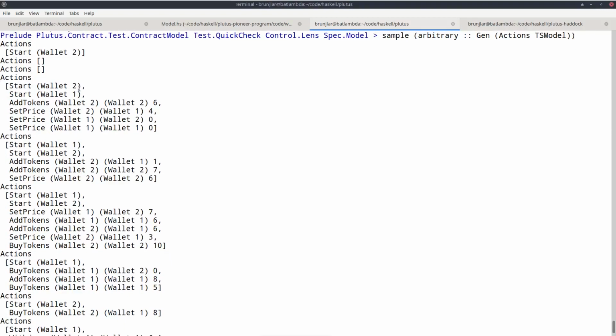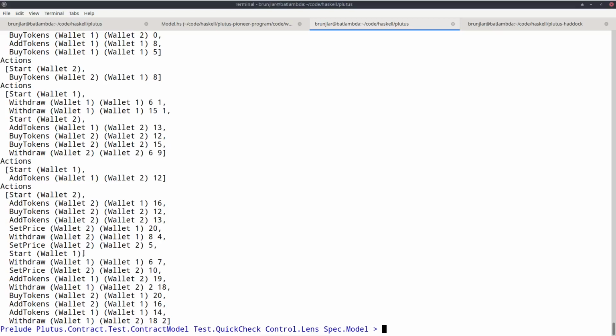And then we see a more complex scenario. Start the token sale for wallet 2, start the token sale for wallet 1. Then wallet 2 tries to add 6 tokens to its own token sale. Then wallet 1 tries to set the price of wallet 2's token sale, and so on. And we see that we get quite complex scenarios.